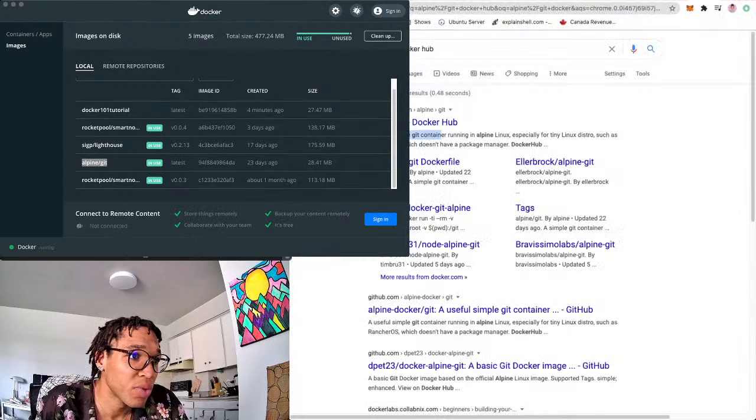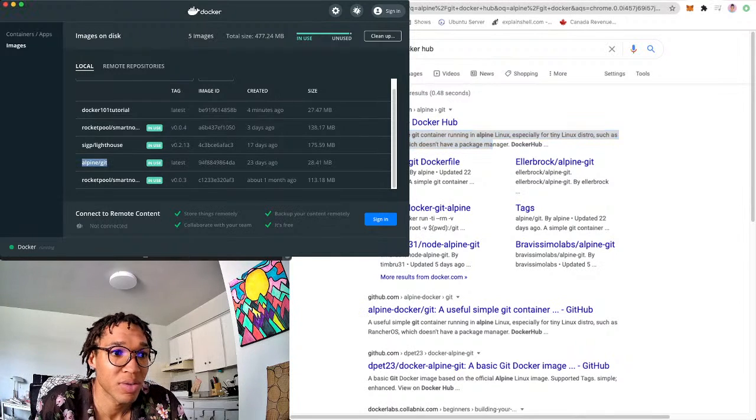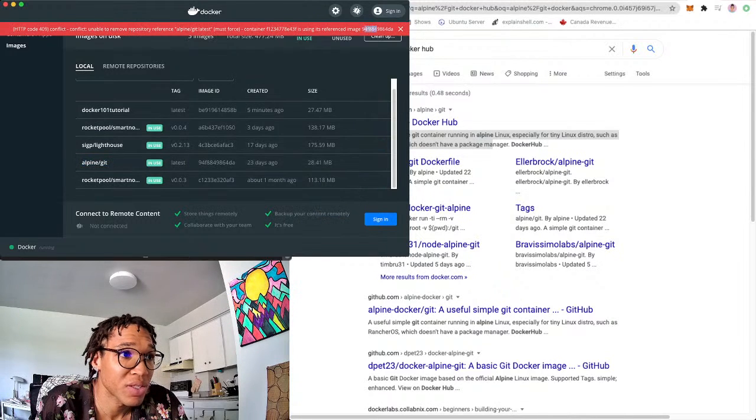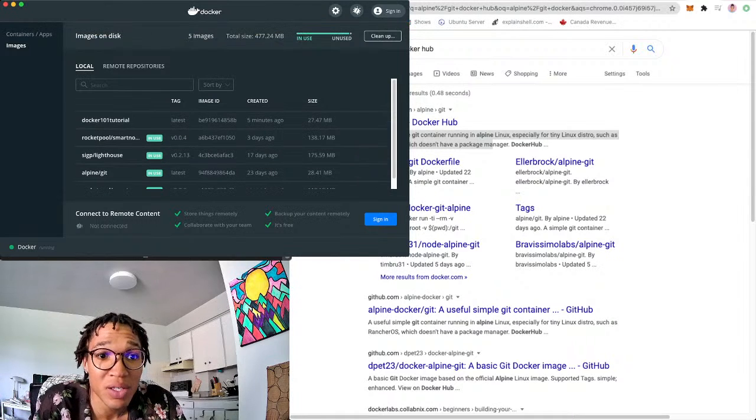This is a useful simple container using Linux, especially for things such as Reacher. Okay, what does it do? Oh, it's to test a git container. That's what I thought. And it won't let me remove it because it's saying I have to force it. Force these things. Anyways, it looks like it's working,